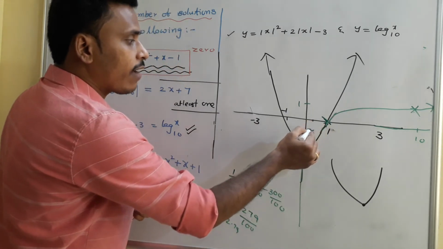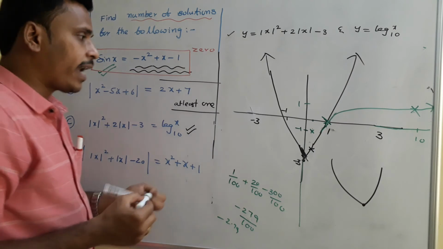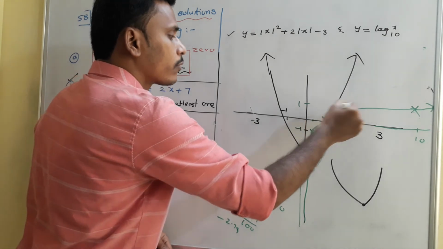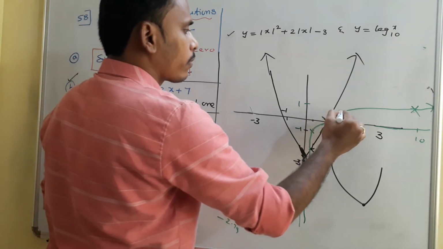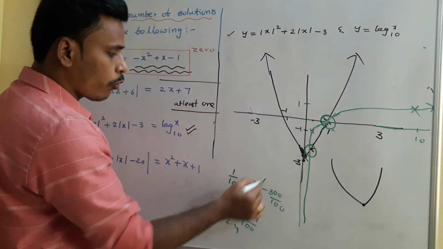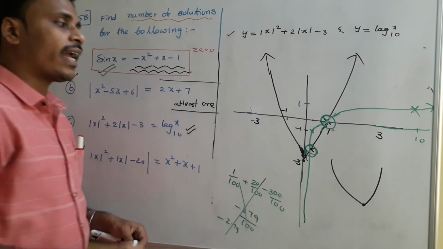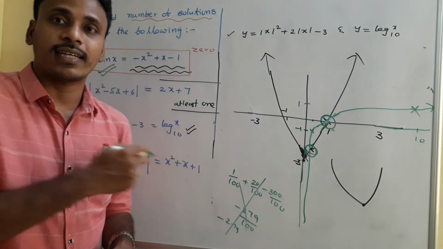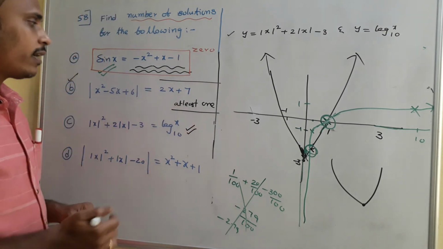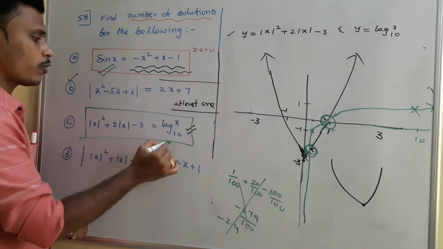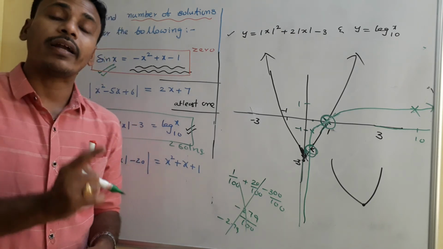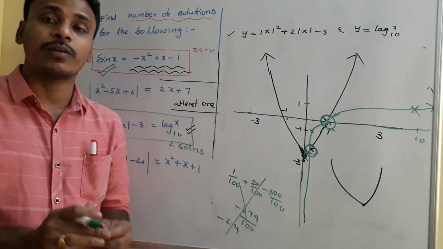In that sense, for sure the graph will pass through this point, and that's why at the end I will conclude that the graph of log x is in such a way. All these are just rough sketches. This clearly indicates that this is one solution, and somewhere, not at 2.79, the graph is again intersecting the curve. The log x is again intersecting the quadratic. If you zoom in and observe carefully, you will decide that this equation has two solutions. It is somewhat complicated to find the values of x, to find those two solutions, but it is easy to say that this equation has two solutions just by sketching the graph.